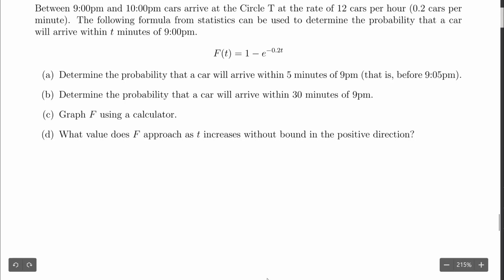So that's just a matter of taking the given function and evaluating it at 5. So you get 1 minus e to the negative 0.2, and then we replace t with 5. And then when we type that in on our calculator,